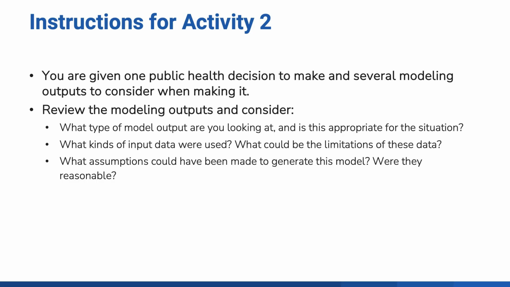Activity 2, Interpreting Modeling Output to Help Inform a Decision. For Activity 2, you are given one public health decision-making scenario and 4 modeling outputs for consideration. Review the 4 modeling outputs and consider: what type of model output are you looking at, and is this appropriate